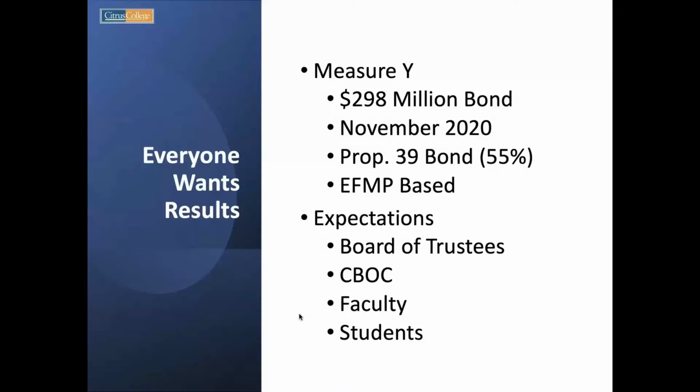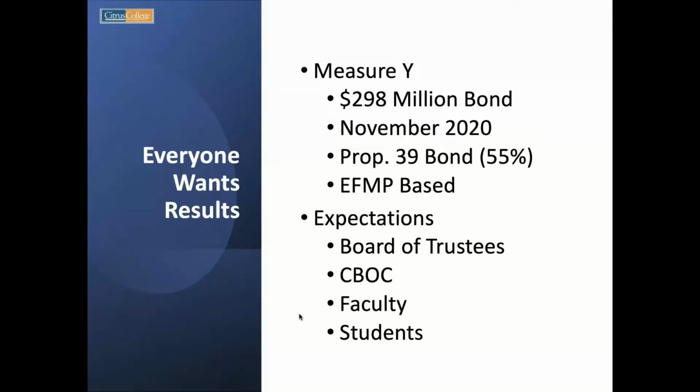That's been in statute for a number of years, and we did take advantage of that. Our bond actually passed with right around 57 or 58%, which is pretty good for a Prop 39 bond. Recall from the last seminar that the entire measure is based upon our educational